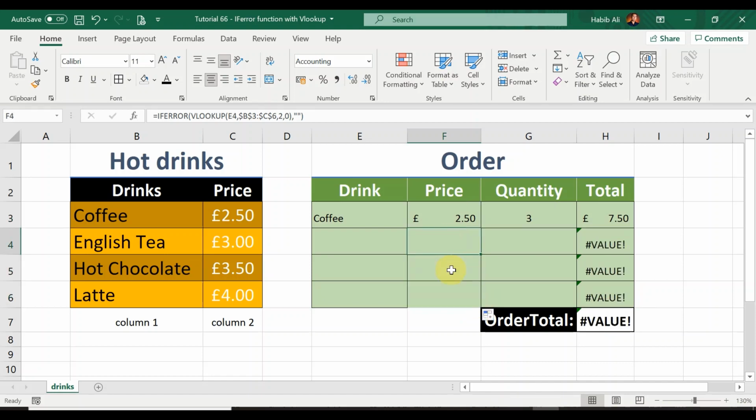Absolutely, look at that. So you can see there are no more error messages, so the customer can place an order and the customer assistant can take the order without having to worry about all these error messages popping on the screen. Now we also have more error messages in this column here, the total column, where the multiplication formula